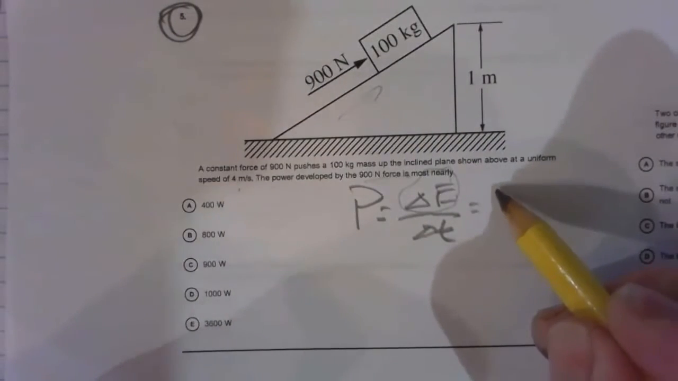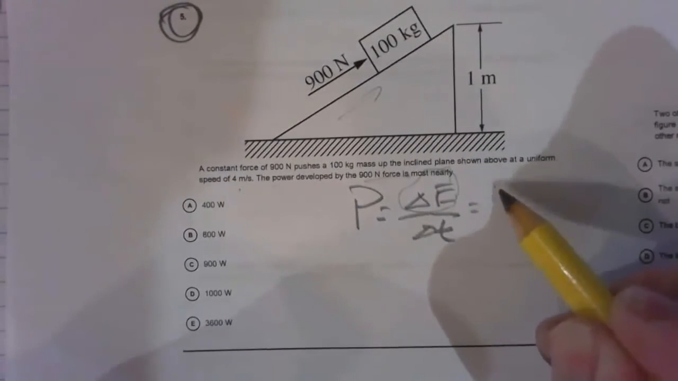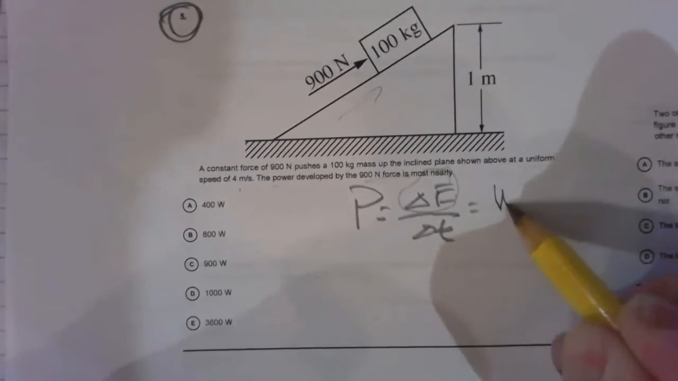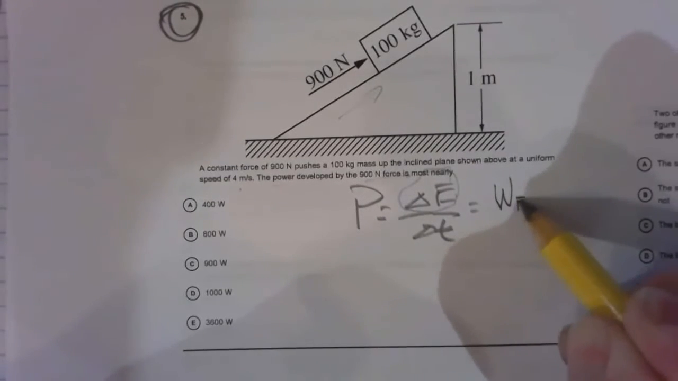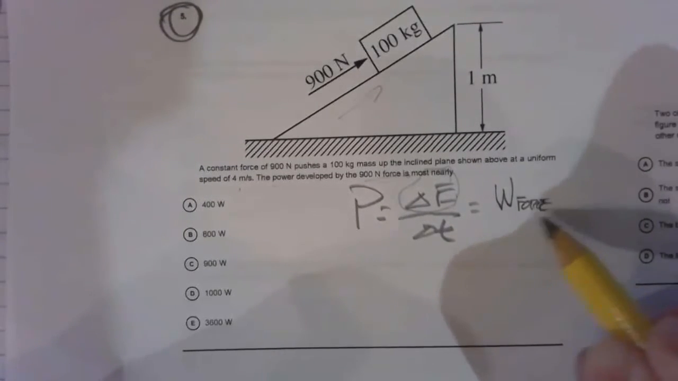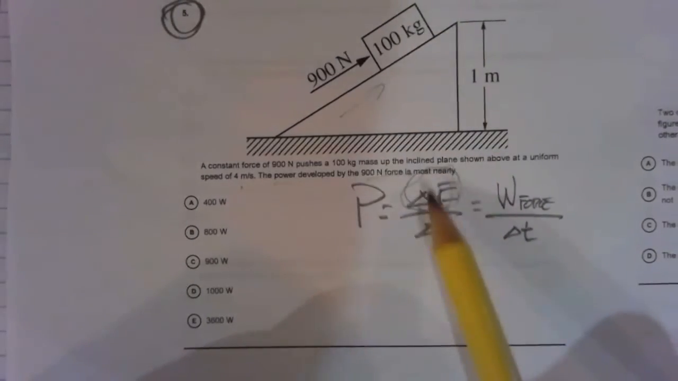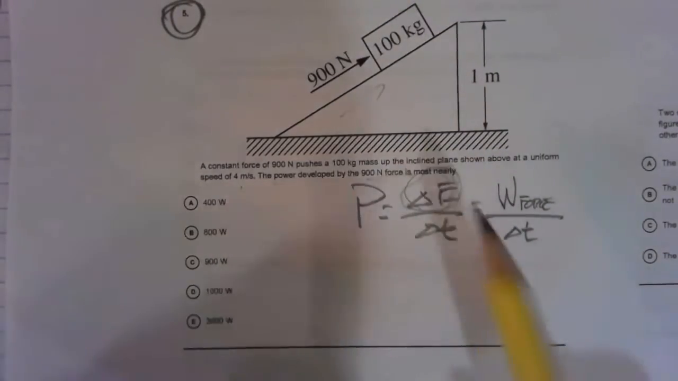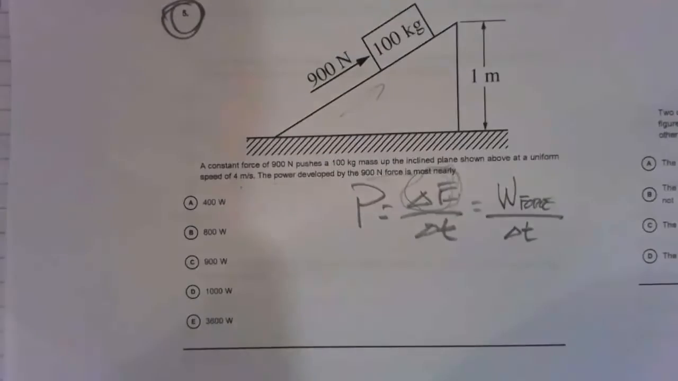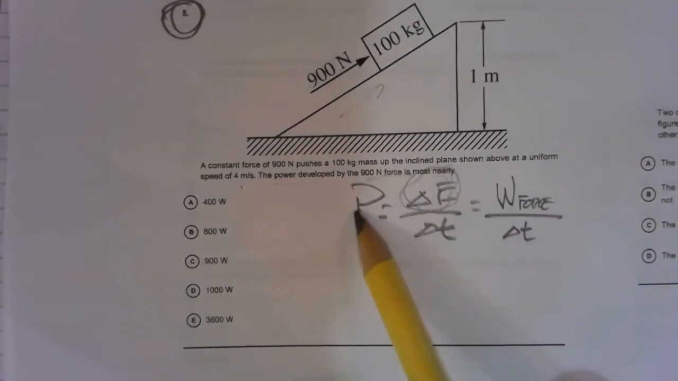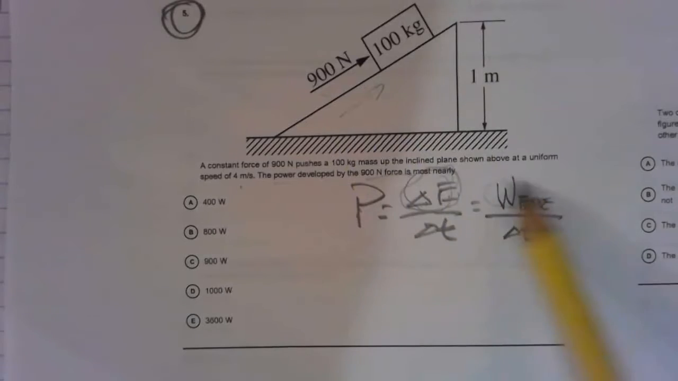So here, you can look at the power generated by that force as the work done by that force, the 900 Newton force, divided by time. That's a legitimate way to look at it. This idea of change in energy is a catch-all for all kinds of different scenarios. But in this case, that force is doing work, and we can look at this as work. So,